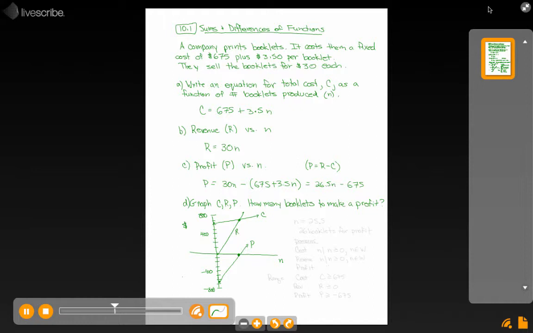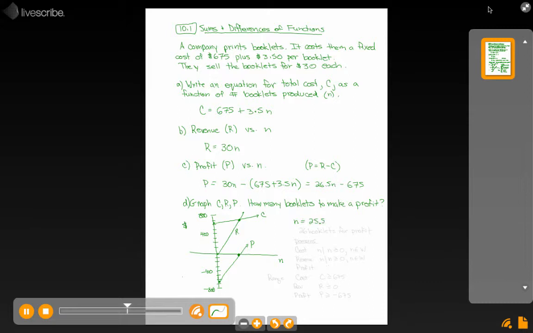Now, when I say how many booklets to make a profit, it just means one of two things. Either where do cost and revenue meet, so this point of intersection here, or actually the same value will be where does this profit function hit zero, because as soon as you sell one more booklet than that, you've made yourself a profit. Now if you reach for your calculator and graph these functions on there in terms of y and x instead of C's and N's and R's and N's and P's and N's, you'll be able to find this. If you either find the intersection of cost and revenue or the x-intercept of profit, you'll find that n needs to be about